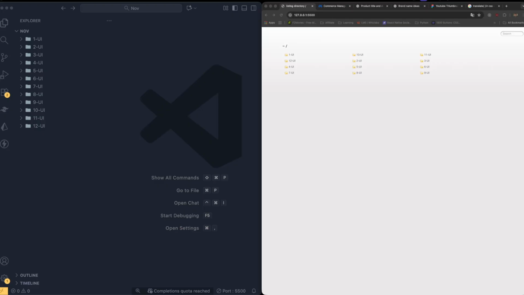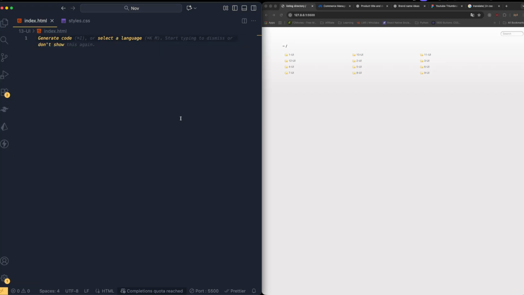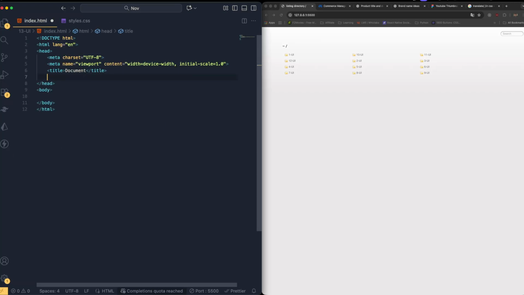All right then. So now what we are going to do is I'm going to create a new project folder over here, 13 UI. And here I'm just going to say create a new file, name that file as index.html. And let's create a new folder, name it as CSS. And let's create the new file styles.css. And in the index.html, just like the usual, let's generate the boilerplate code and let's bring the link tag